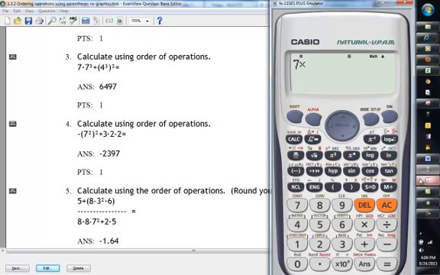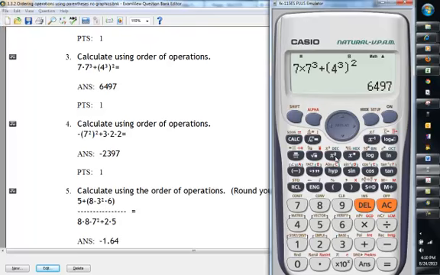7 times 7 to the third. Make sure you use the arrow keys to get back out, because if you notice, now you're clicking just next to the 3. We want to be over 1 so that we can add parentheses. 4 is to the third. Now we have to go over 1 before we close parentheses, and we're going to square that. And we get